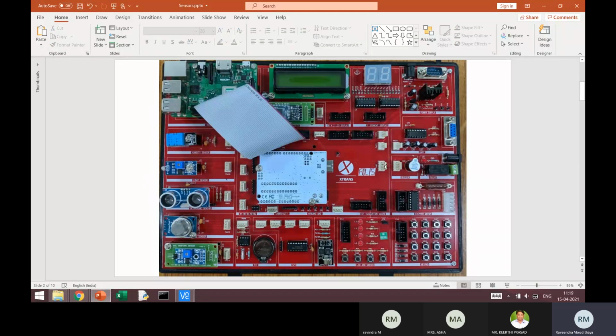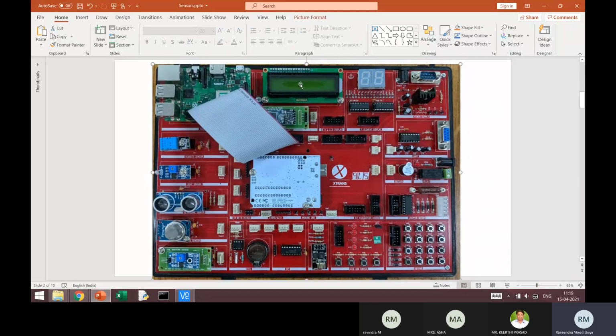That's very important. If you make a wrong connection, probably you'll end up damaging the pins. The pins on this Raspberry Pi are very sensitive, so you might end up damaging that pin. So you should be very careful with the connection.